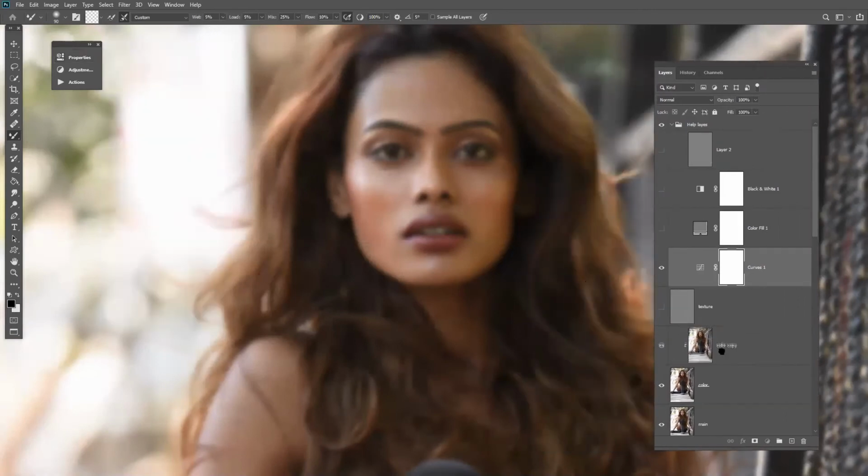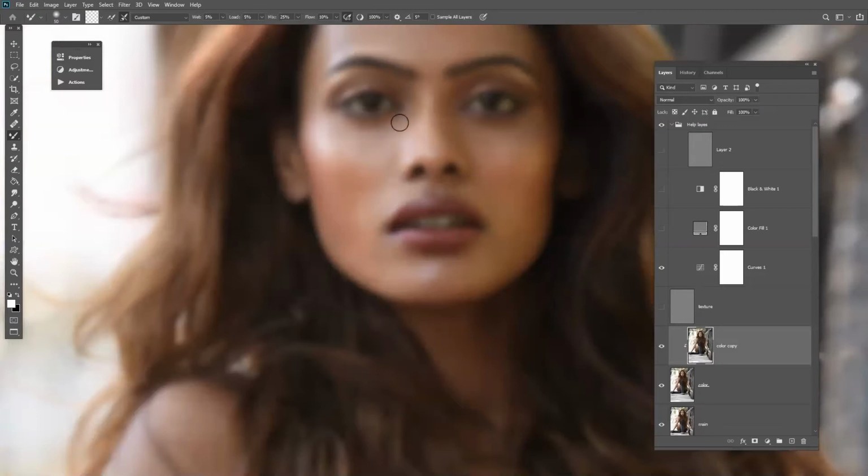Unevenness of the color. So let's begin with the forehead a little. Remember one thing, don't take too small a brush and don't take too large a brush. Take a proper brush and don't scribble the stroke like this. Just go according to the pattern of the light. Here you can see an odd break of the light in the nose, darker and lighter. Can you see this? So we will try to smooth it out now.